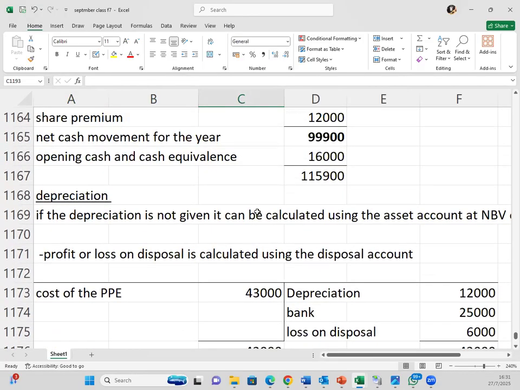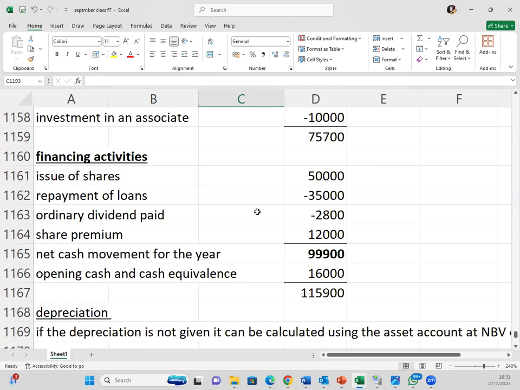So it's a non-cash item. In terms of cash flow movement, it does not have an effect. This is assumed we've done in F3, so some of the things I don't need to go into detail, unless you go through the questions, then where you have issues, we deal with those particular issues